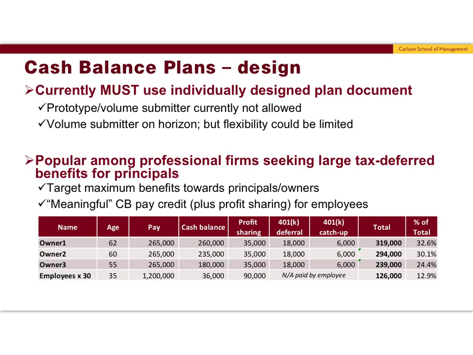This exhibit focuses on employer-paid benefits, so we've excluded the employee 401k deferrals since those are fully paid by the employees themselves. Looking at the total column on the right side, we see that the combined owner tax-deferred retirement benefits for the year are over $850,000. In order to reach these levels, they must contribute around $126,000 toward the employees' retirement benefits. It's up to each individual employer to decide how much employee benefit cost is acceptable in order to provide large tax-deferred benefits for the principals and owners.